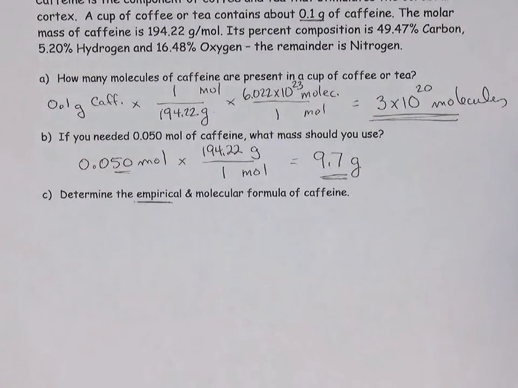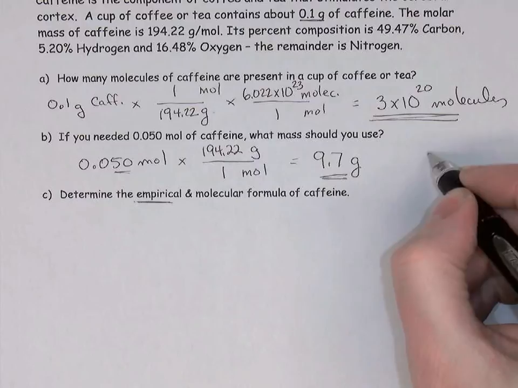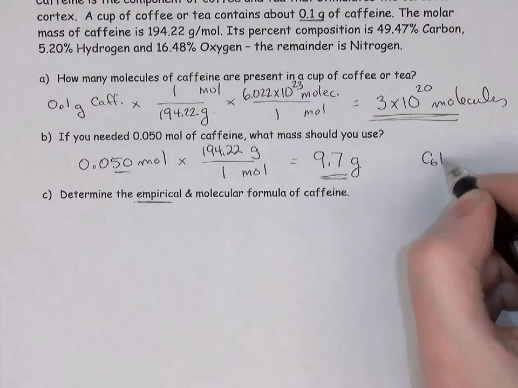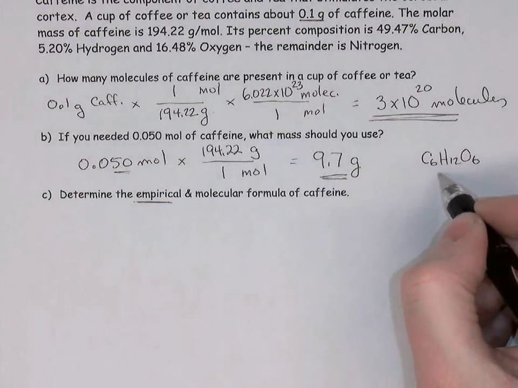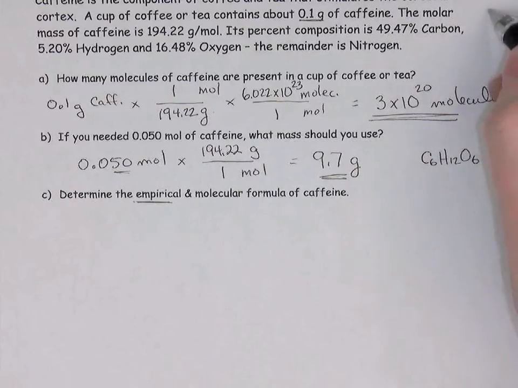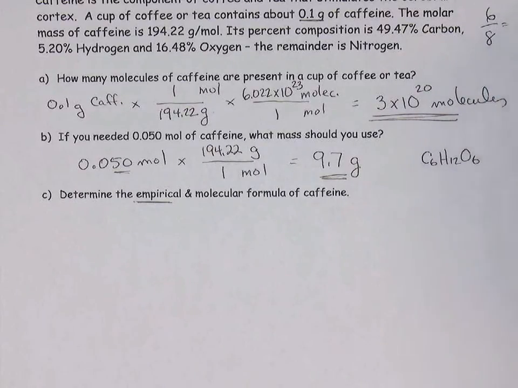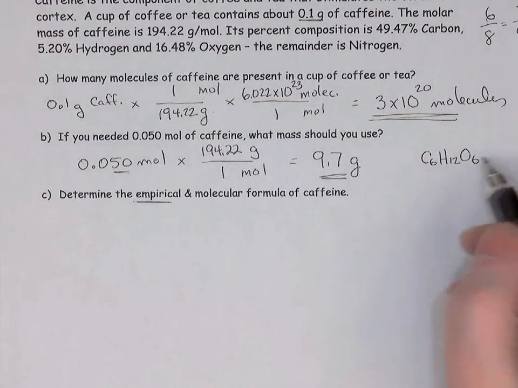An empirical formula. Let me take a simple example of glucose. It's a very commonly used one. C6H12O6, that's the molecular formula, or the chemical formula, for glucose. An actual glucose molecule has 6 carbons, 12 hydrogens, and 6 oxygens. However, notice that we could reduce this somewhat. Just like you could reduce 6 over 8, you could divide everything by 2 and get 3 over 4. We can reduce this formula because 6, 12, and 6, we can divide everything by 2, for example, and get